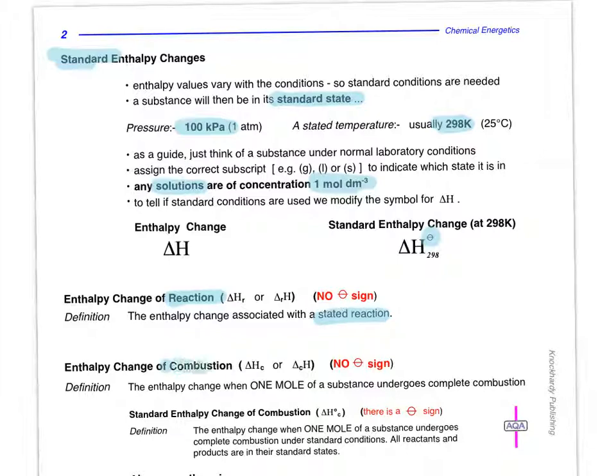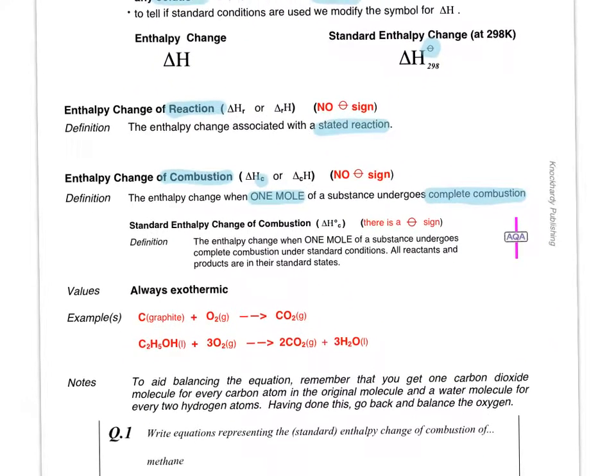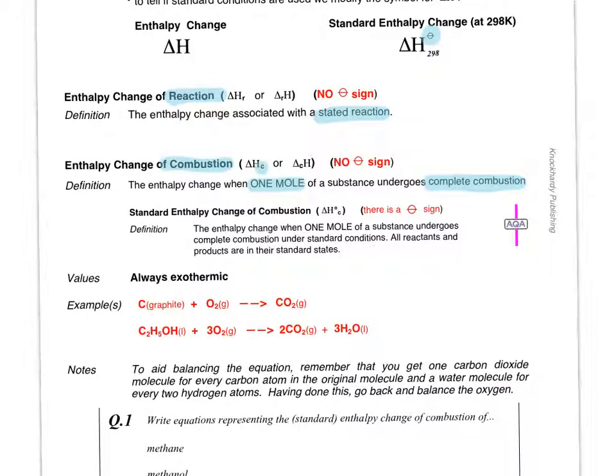Enthalpy change of combustion, which is shown with a little c here, is the enthalpy change when 1 mole of any substance undergoes complete combustion, so where it reacts completely with oxygen to make carbon dioxide and water. If you have standard enthalpy change of combustion though, just make sure that you remember that that is the enthalpy change when 1 mole of a substance undergoes complete combustion, reacts completely with oxygen to make carbon dioxide and water,